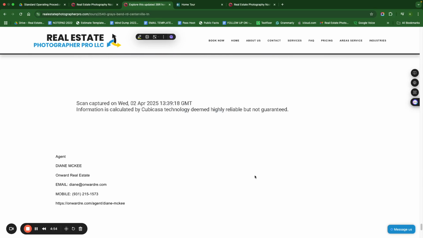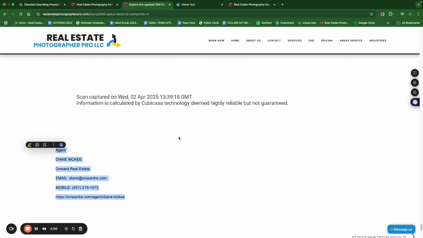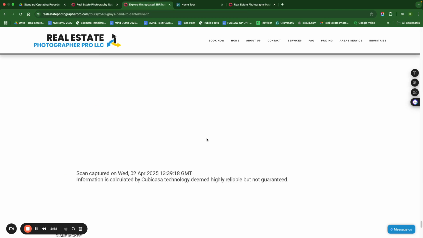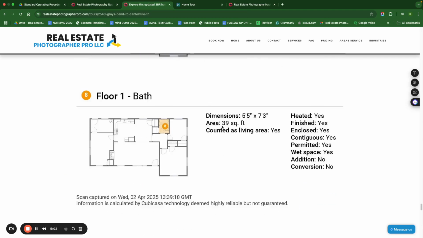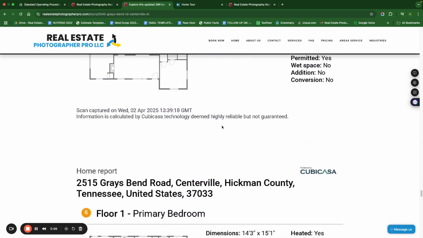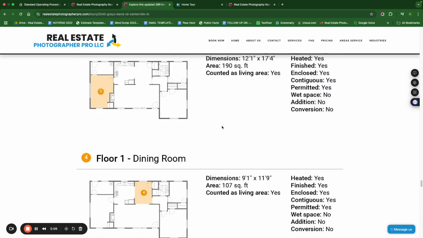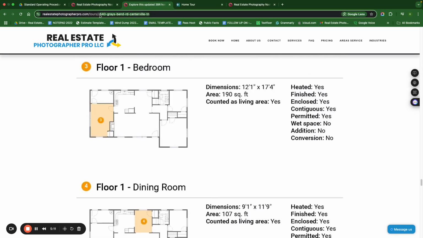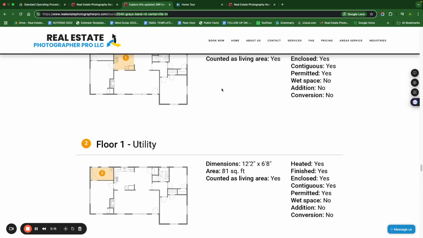And then we have the real estate agent's contact information. So other things could be added, but we just wanted to give you an example of what could be put together. And all of this is hosted on Real Estate Photographer Pro, and then we've given the URL as the property's address. So you have a home report,